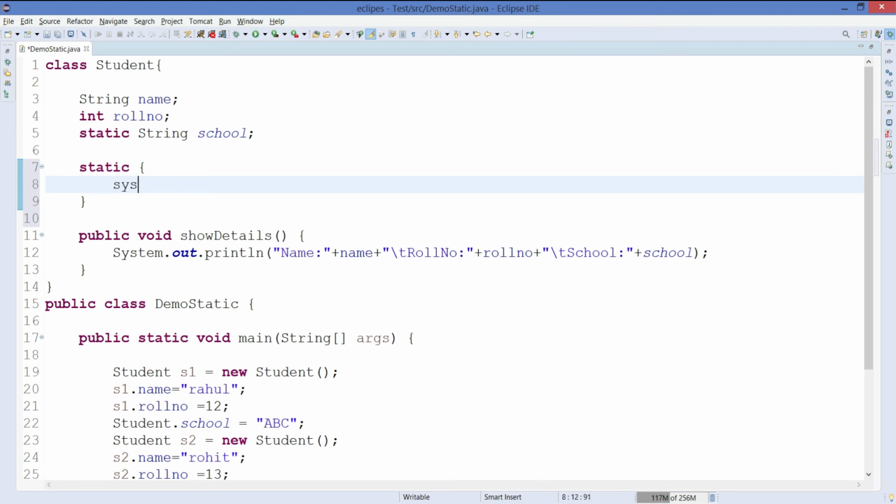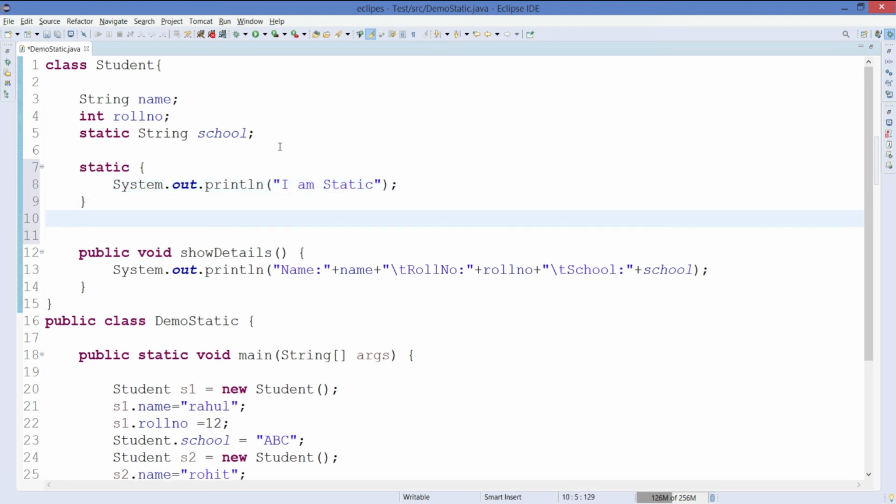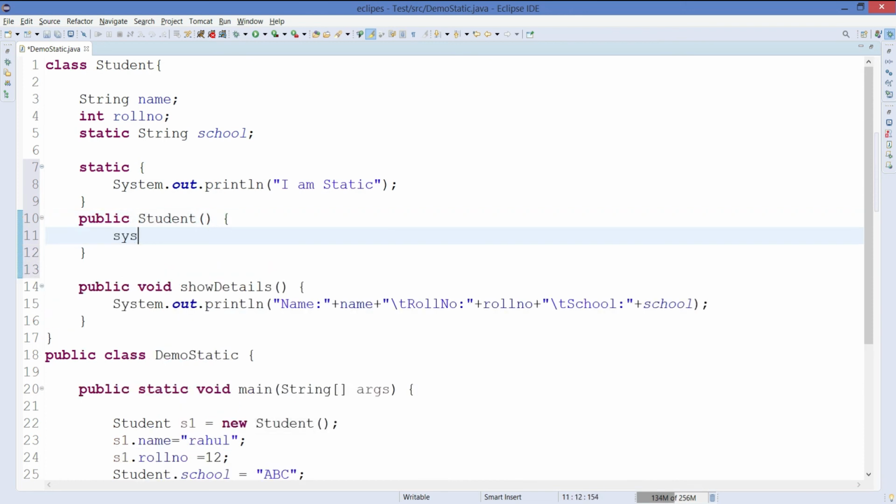So let's print here a statement: I am static. That's the statement that I have written inside the static block. Now to prove the point that it is executed before an object is created, I will write here a constructor named Student, public Student, and I will print here object created.